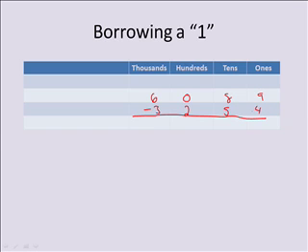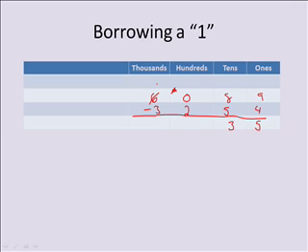Do the ones first. 9 minus 4 is 5. Okay, good so far. 8 minus 5 is 3. Now here's the problem right here. I've got 0 minus 2. Well, we don't want a negative number because it throws things off. So what we're going to do is we have to subtract 2 from something. Well, I have 0 hundreds, but if I borrow